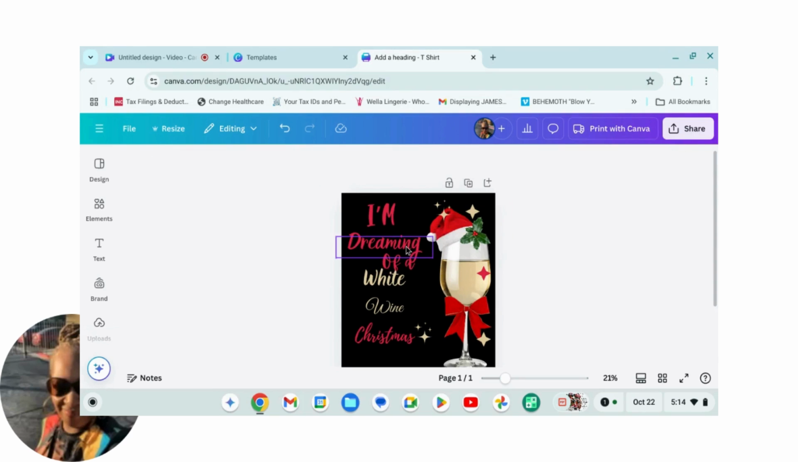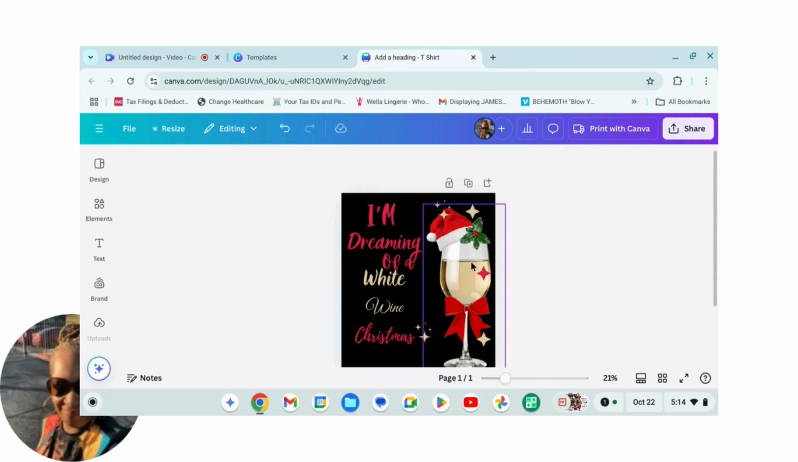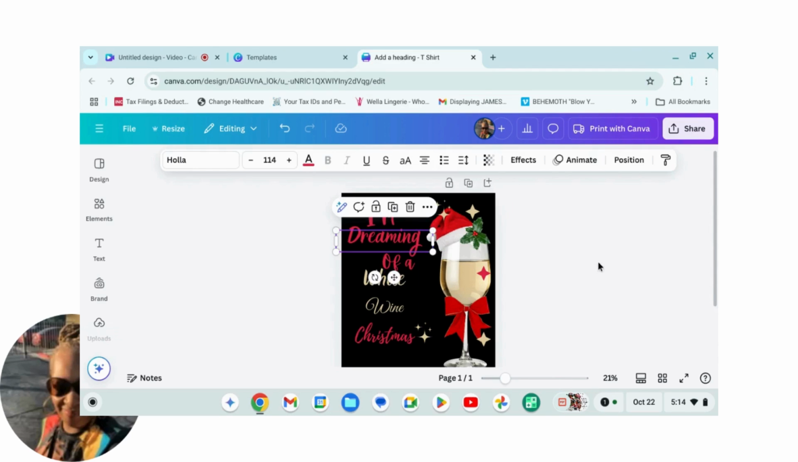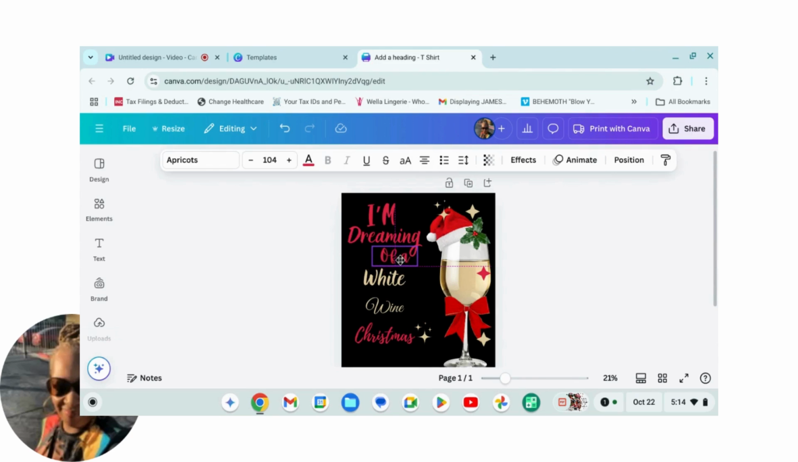Okay, I'll leave that there for right now. And I'm going to size this one. Let's see. This one at 114. I can leave it there for right now. Let's see what this one is at. Size that down. Let me go ahead and decrease the size